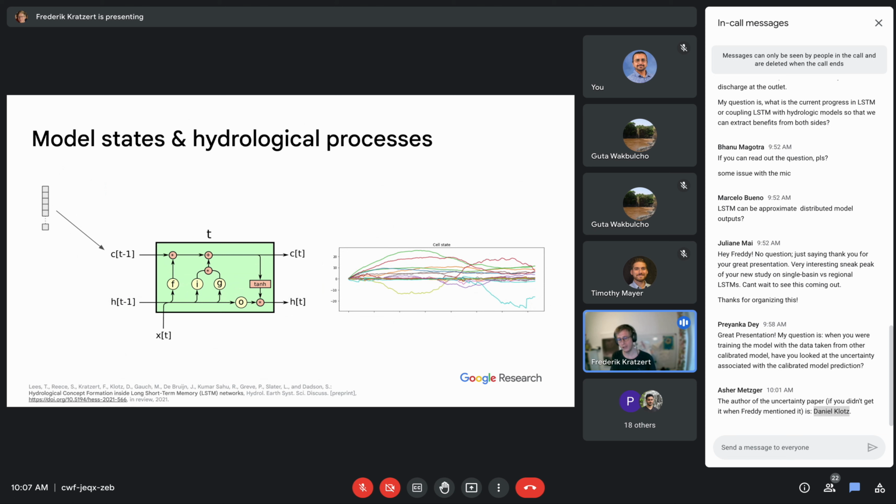There are certainly a number of studies that show that the soil moisture or the snow that you have in the model state has little to nothing to do with reality. So I got this question a lot over the last years, and I have to say it's a bit annoying to always be asked to get something from LSTMs that hydrology models provide, while the hydrology model provides information which is completely useless, if I want to be very provocative here.